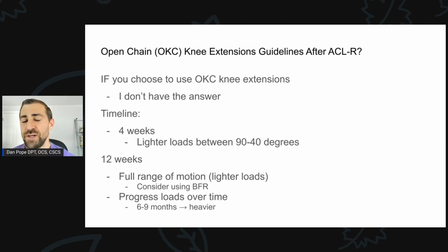Okay. So first and foremost, I don't have the answer. If I was saying like, hey, it's safe or it's not safe, I think I'd be just lying to you because the research is not completely clear. All right. Looks like experts are having success with rehabilitation on either end of the spectrum. So there's probably a lot of variance and gray in terms of what's okay. All right. So again, I don't have the answer,